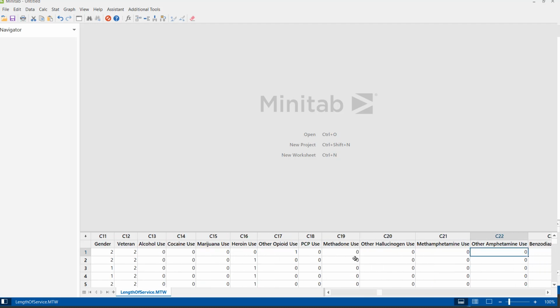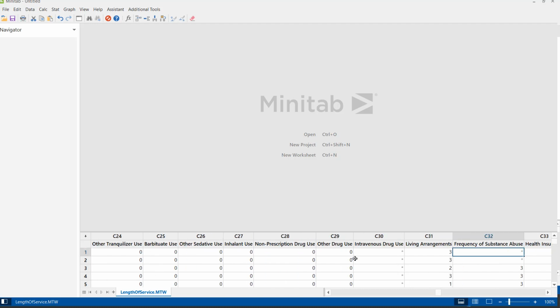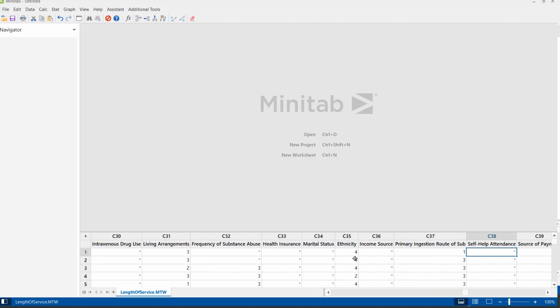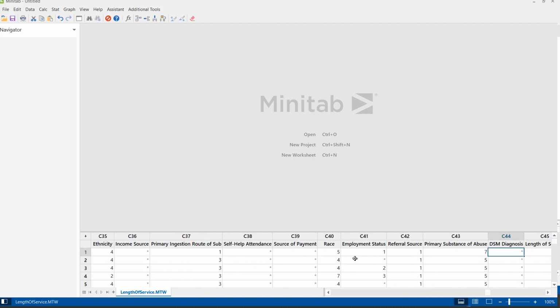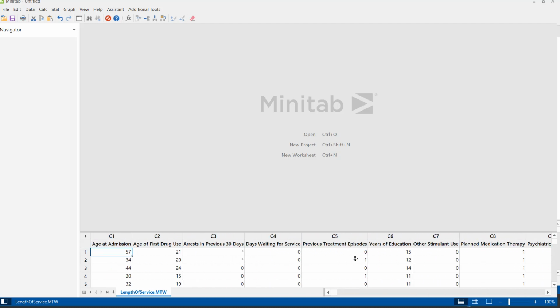These are all drugs, and this provider gives treatment services for such kinds of drug abuse. So this is the data which is available. Now we are trying to predict the length of the service by the provider. So how can we do it through the CART algorithm?